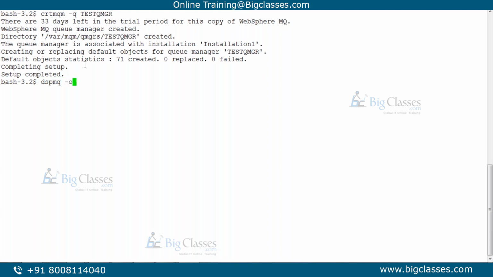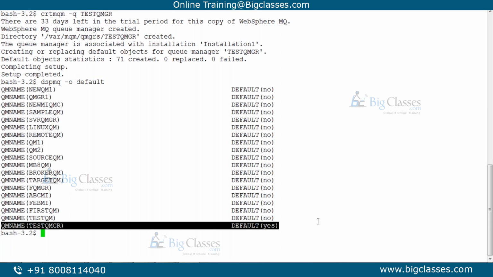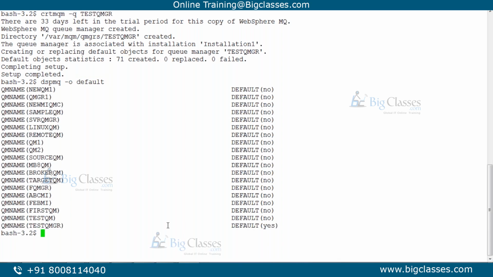So you can check dspmq -o default, which is the default queue manager: test queue manager, right? If you want to change the default queue manager, we have to go to the mqs.ini file.